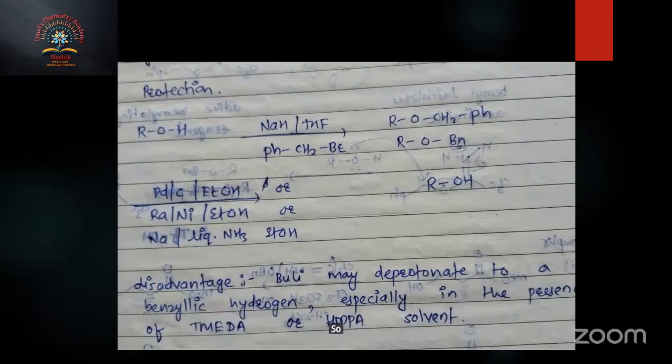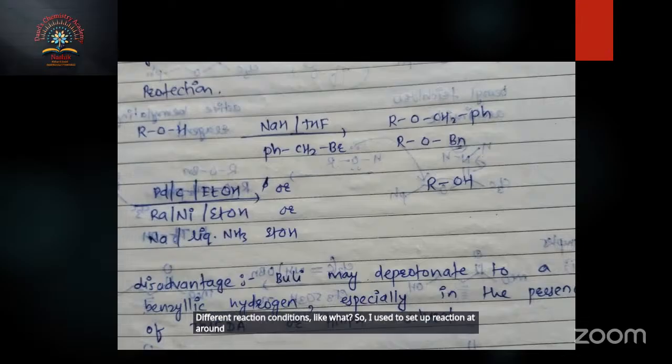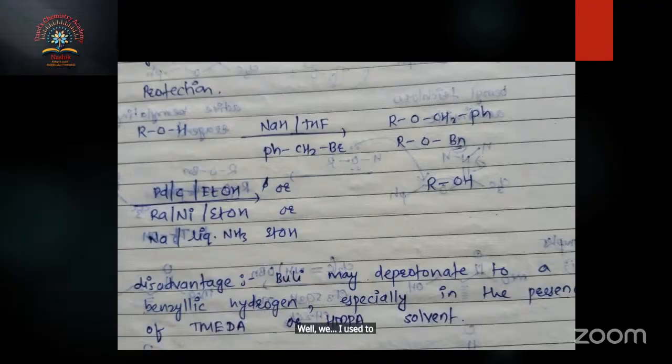That used different protecting groups as well as different reaction conditions. I used to set up reactions at around 10 degrees, 20 degrees, 30 degrees. At a time, I used to set many reactions, like 12 to 13 setups, and monitor